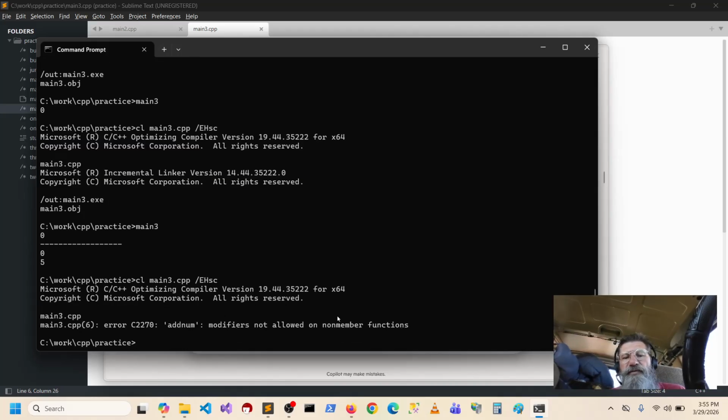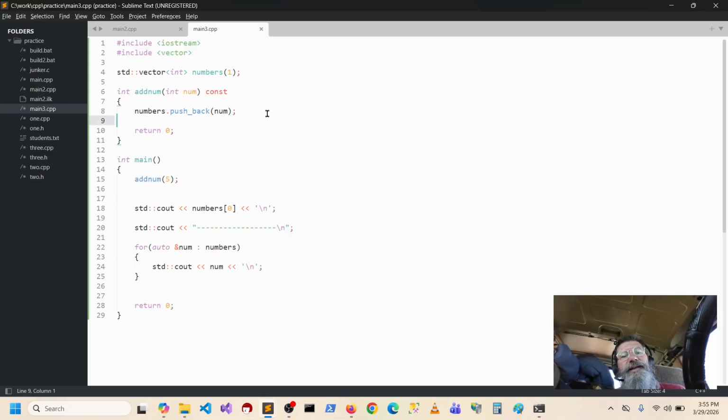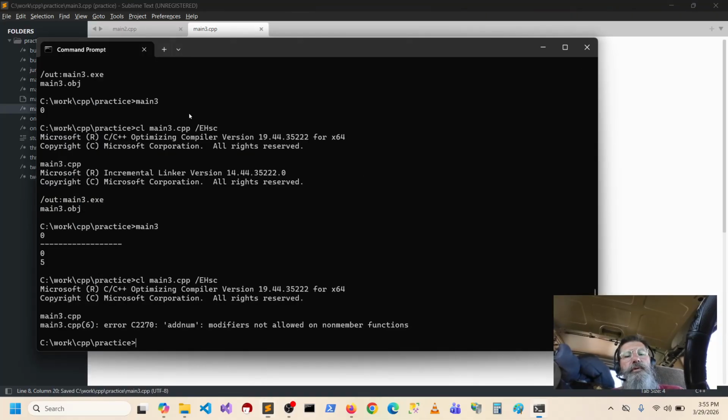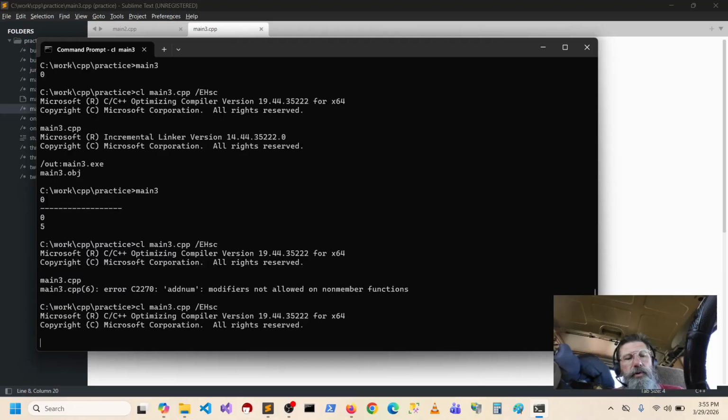So add num modifies, but now if we do an emplace, does that fix it? Since it doesn't copy? No, because it still changes it. Emplace back. Still changes it, so that won't do anything.